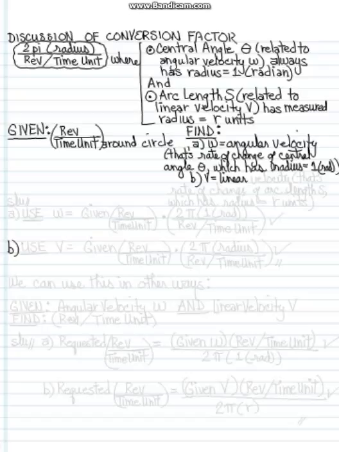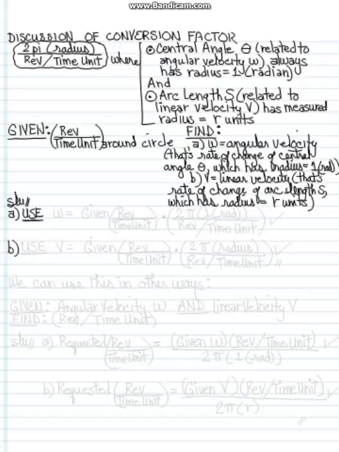Now, what is linear velocity as opposed to angular velocity? Linear velocity is the rate of change of the arc length S, which has a radius of r units. Okay, so here's how we answer those two questions, A and B, given the revolutions per time unit around the circle. Part A, we are going to use omega equals the given revolutions per time unit, they actually gave that to us in the question,